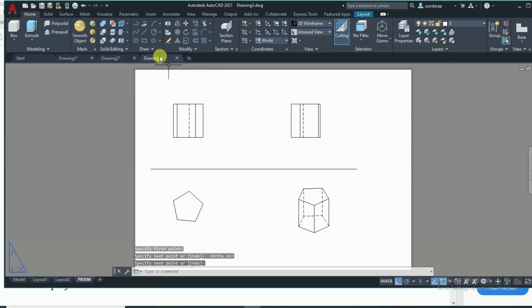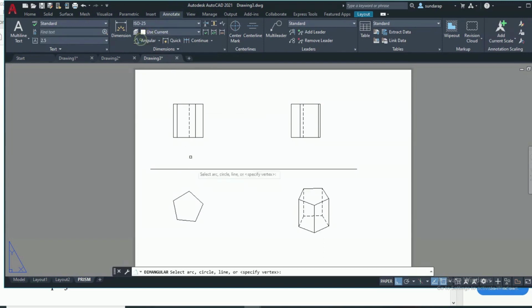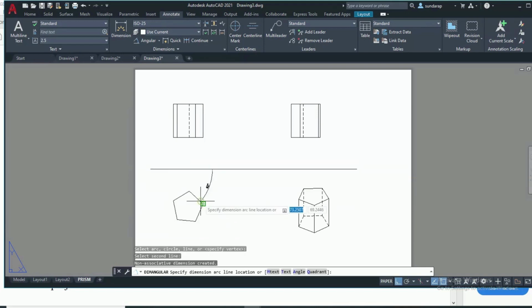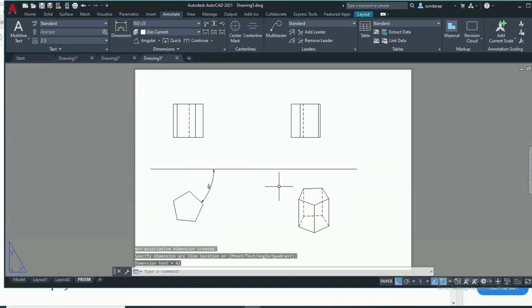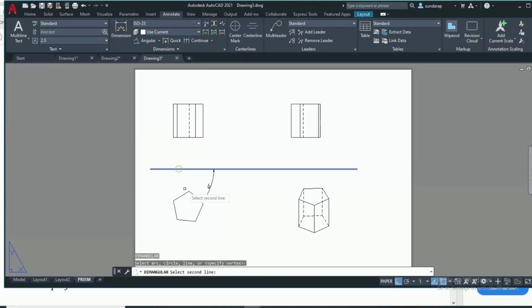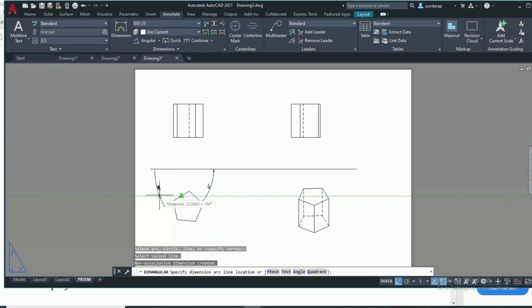For the dimensioning, evaluate. Here the angle which I have drawn is 30 degree. See here, 30 degree.